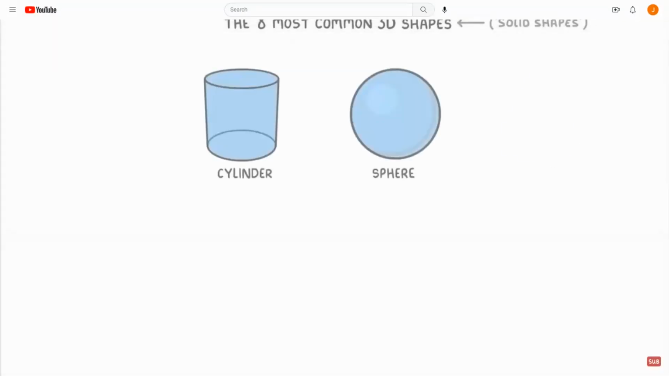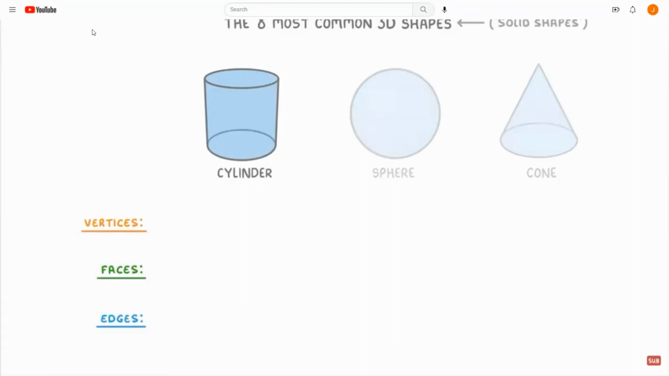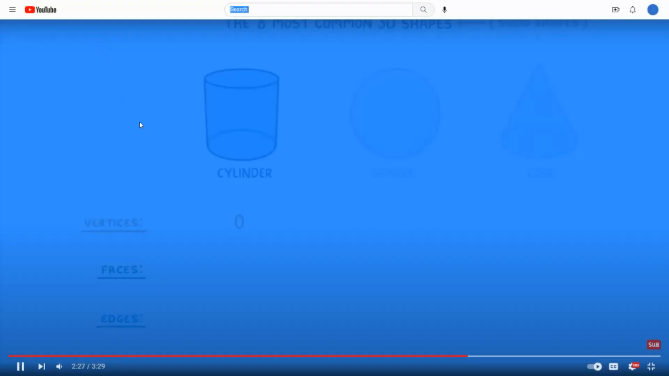All right. I just want to go through cylinders, spheres, and cones in a bit more detail, specifically how many vertices, faces, and edges they each have. If we start with the cylinder, these have no vertices because there's no